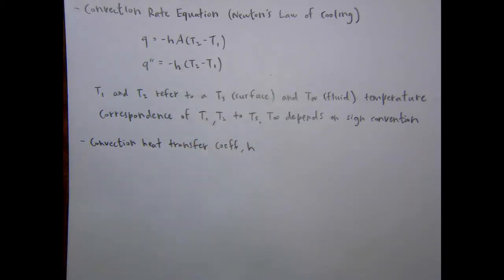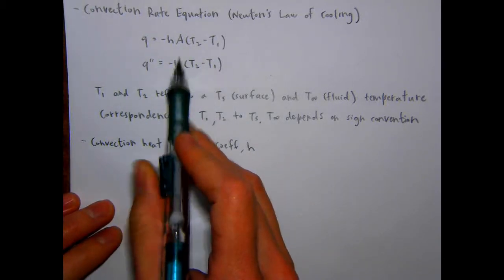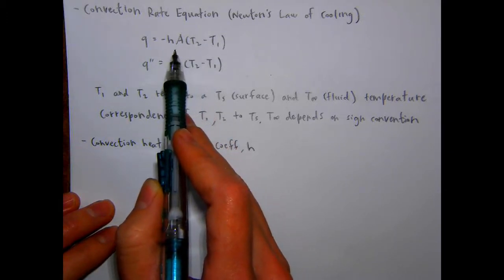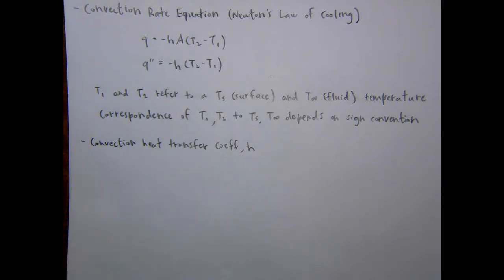So that's because, I think I mentioned last lecture, for conduction, you're often talking about heat transfer going through a solid over a finite distance, or even an infinitesimally small distance. But for convection, you're really just concerned with the heat transfer that's occurring at the surface between a solid and a flow. So you're not really talking about any particular distance between the surface and the flow. So you just have the temperature difference, and then the area, and then this H is just kind of like a bulk catch-all coefficient